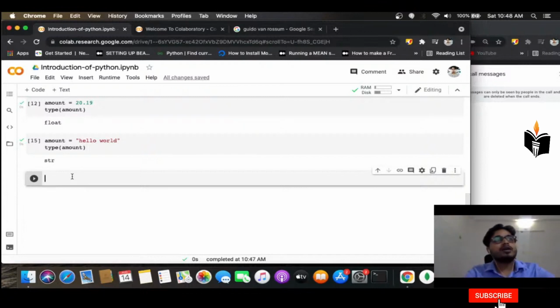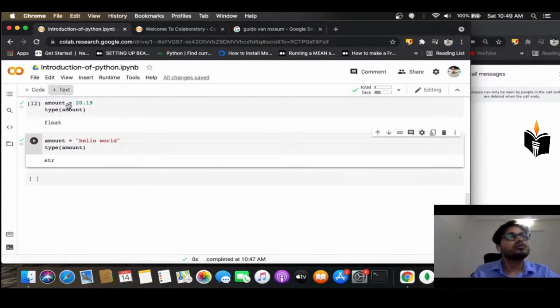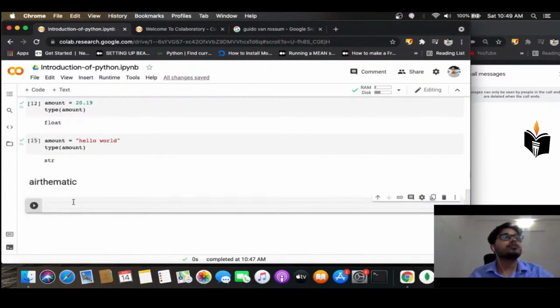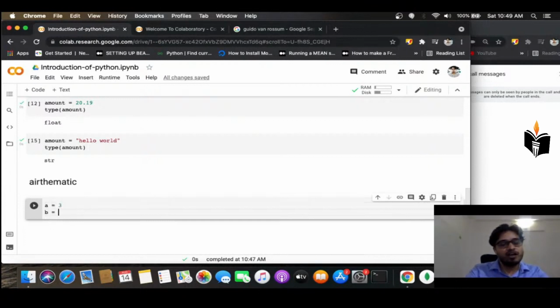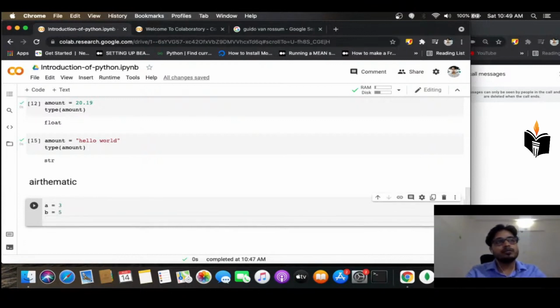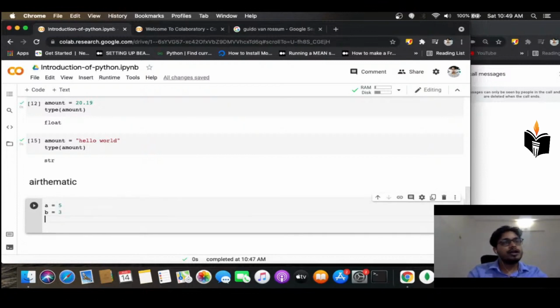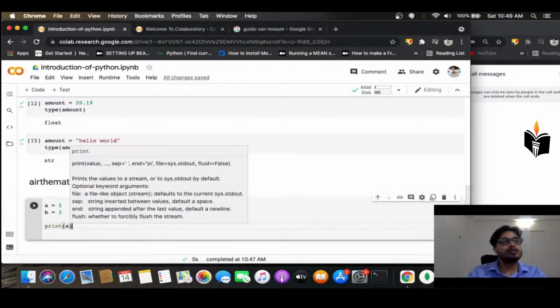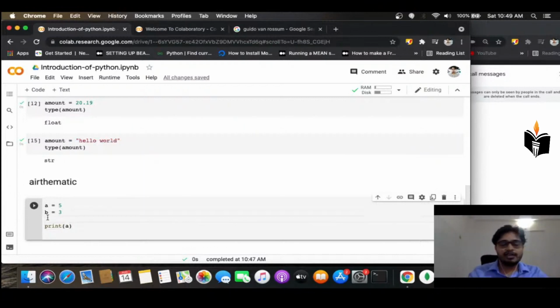So first of all we are going to use arithmetic operations. You can also add some text in a cell. Arithmetic means mathematical calculation in Python. Suppose you have numbers like a is equal to 5 and b is equal to 3, and there are lots of things that are possible. Print arithmetic operation means multiple arithmetic operations are possible. First, the plus operator